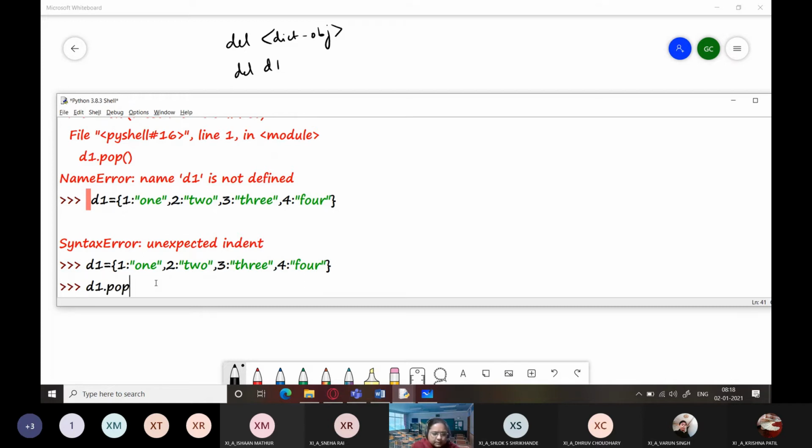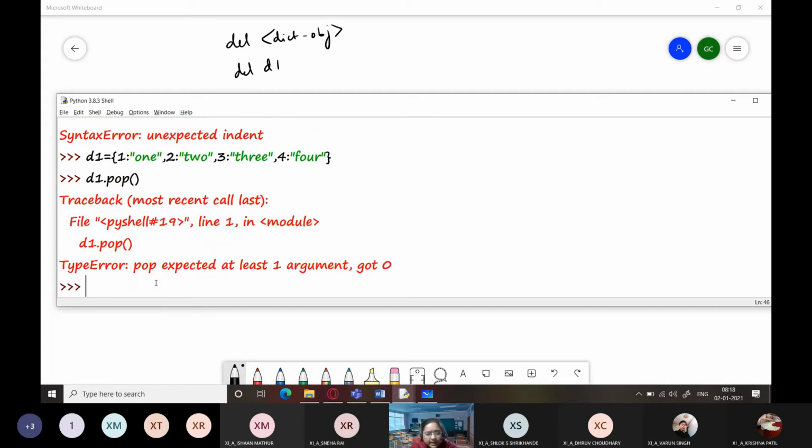d1.pop without arguments. Pop expects at least one argument in this case, unlike sequences. So in sequences, that is in case of lists, you could have even supplied no arguments to the pop function, and it would remove the last element, the element with index -1, from the list. And otherwise what you do is just supply the index of the element and it would be deleted. But here it is not running if we don't provide any argument.